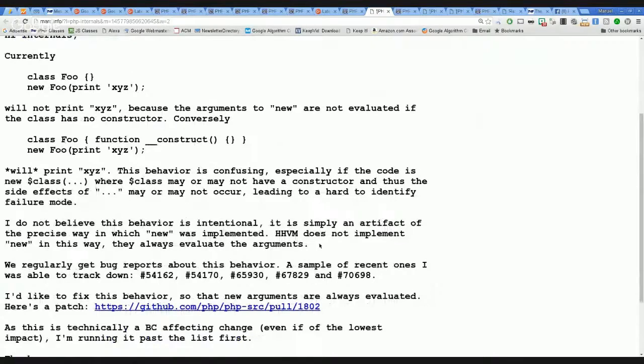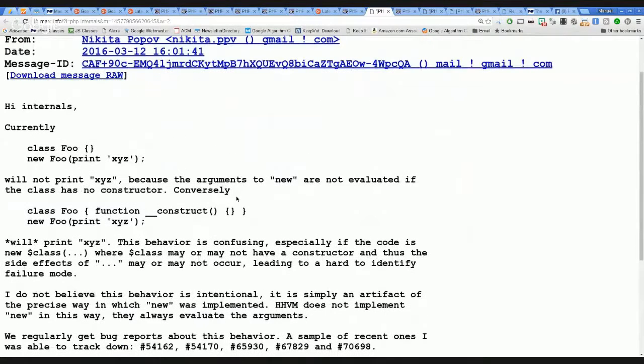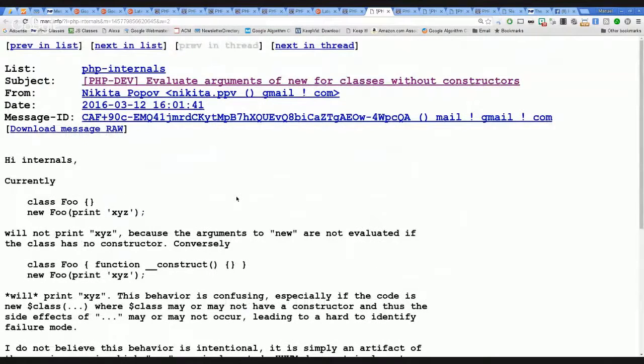He also mentions that HHVM does not implement the new operator in this way. They always evaluate arguments, so there is some inconsistency. Maybe this is something that should be specified in the language specification document that some core developers are working on.